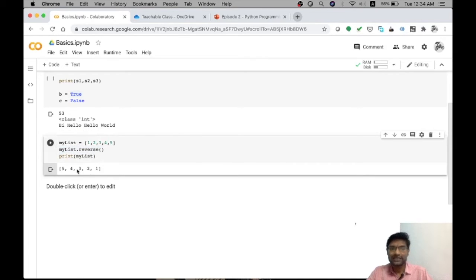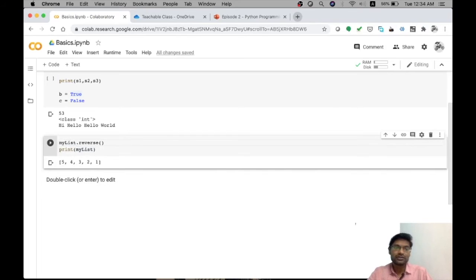Now my list elements are in the order 5, 4, 3, 2, 1. The list simply keeps the last value in the first place and the second-to-last value in the second place. That is how the reverse command works. It doesn't sort by either ascending or descending order.